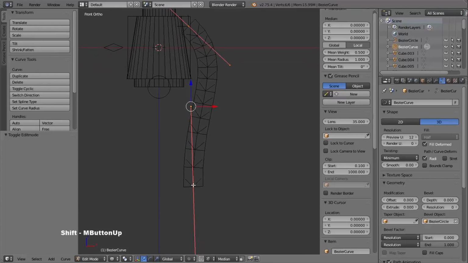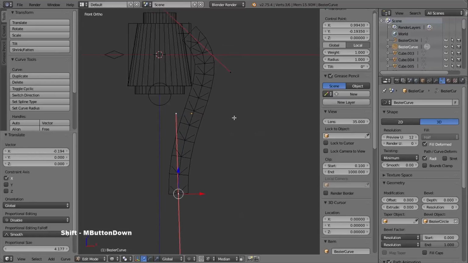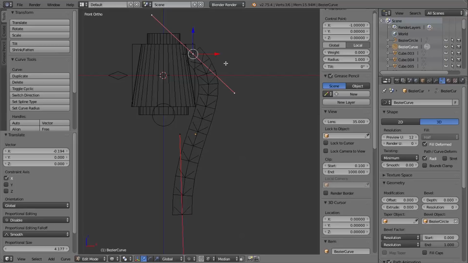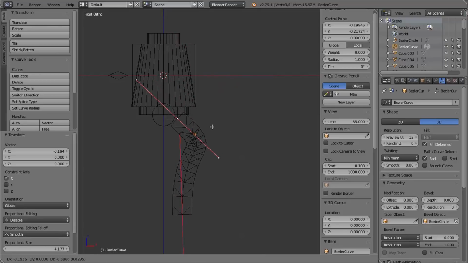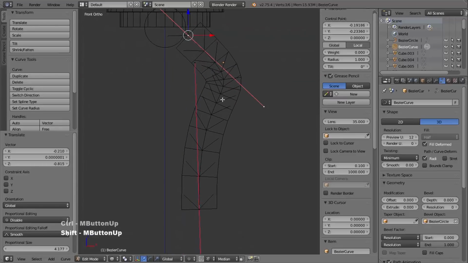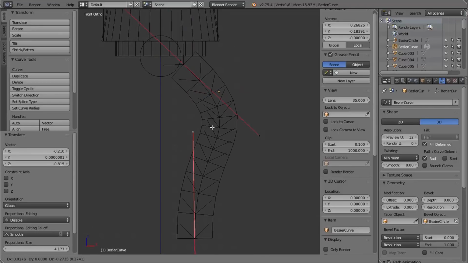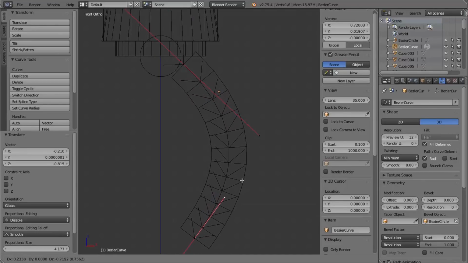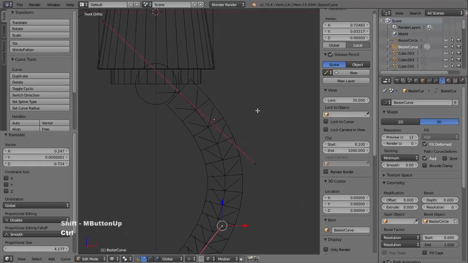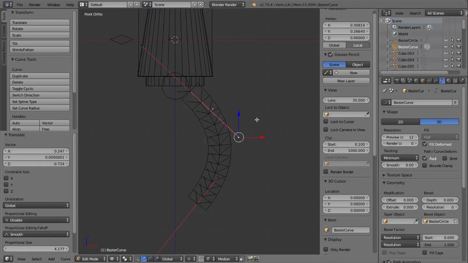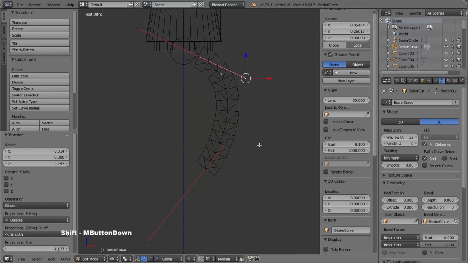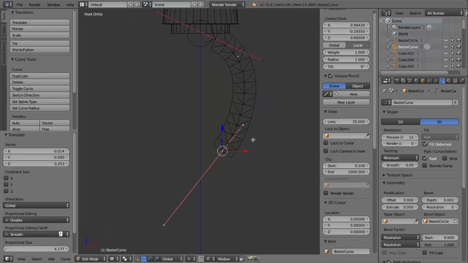So I'm going to select this point at the bottom and then just move that over, and I want to select the one at the top and press G this time, and just bring that down so it's roughly touching this cylinder here. And now if I select one of these handles at the ends of these lines, I can move that and make it a bit more evenly distributed along the curve, and taking these points and moving them around, I just want to get a basic claw shape, and then I'll refine it. So I'm going to move this up,